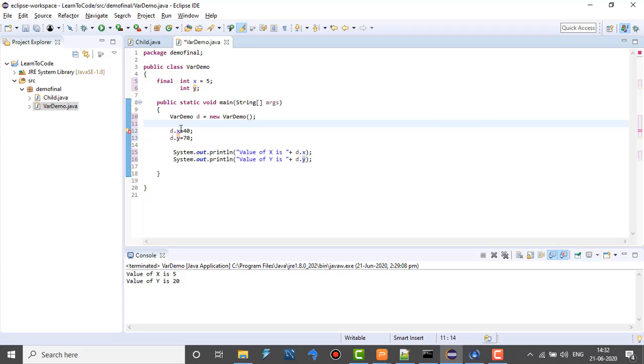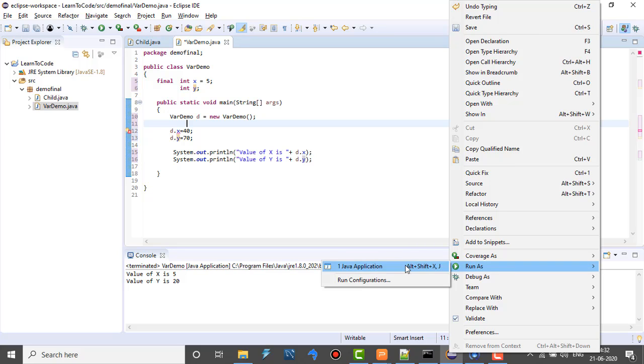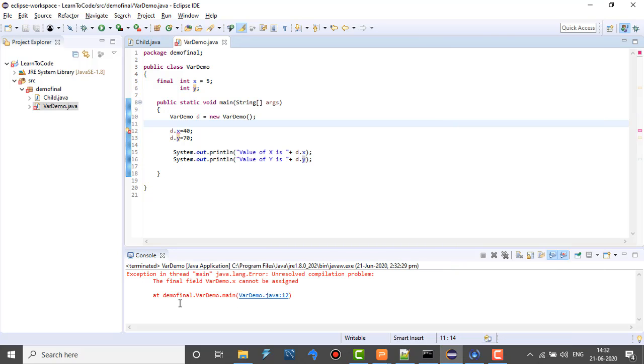Still, you see we are getting one message here which is asking us to remove the final modifier. But anyways, let's run the code and see what happens. Again, the final field demo.x cannot be assigned, which means that once you have declared a variable final and assigned it some value, it cannot be changed. This is the instance variable we are talking about, so it cannot be changed.